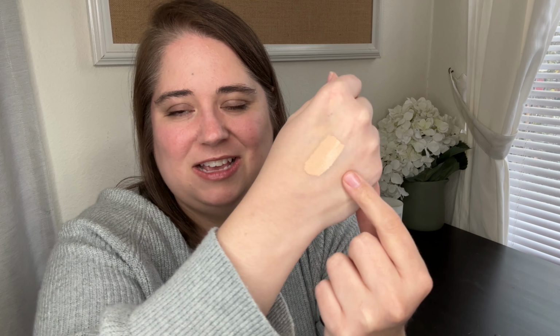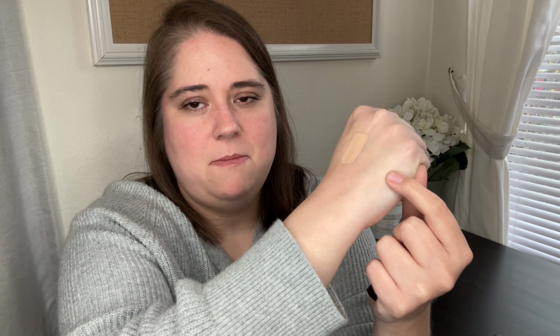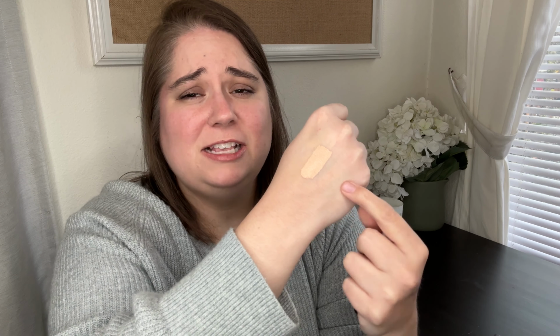I don't use this level of coverage very often, so I don't need a full size. I have it in the shade Silk, which right now is looking a little bit yellow. So I might need to try and see if I can get another shade that matches my skin tone better. But this is the concealer that I reach for when I have not slept in 3 days